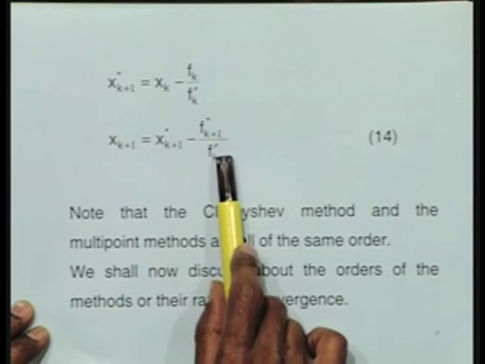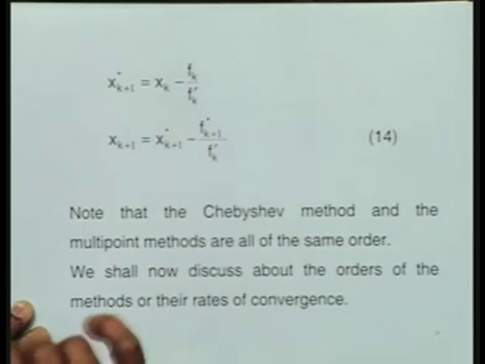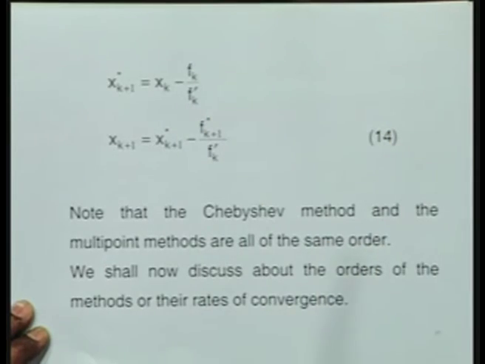We define the error at any particular step. That means the error, the current numerical solution minus exact solution, is the error. Based on that, I will substitute the expressions of that in whatever formula that I have got. Any quantity that is there in the denominator, I will open up by Taylor series first, put it to the power of minus 1, open it up as a binomial series, multiply everything, cancel off, and whatever is left out will be an expression connecting the error at the current step, that is k plus 1, with the error at k minus 1, k minus 2, depending on the method that we are using.